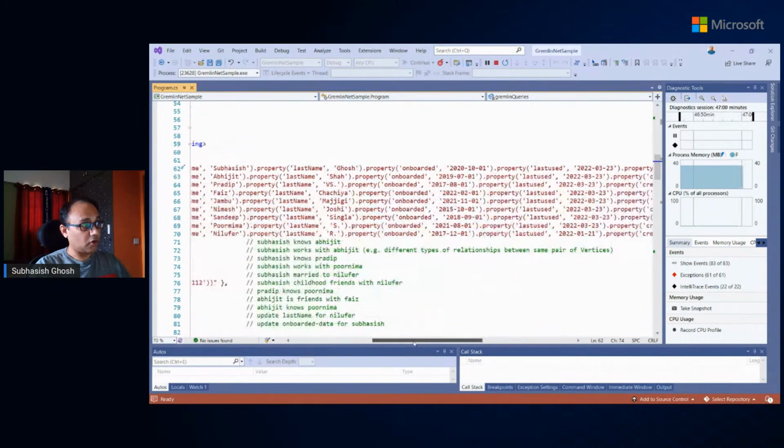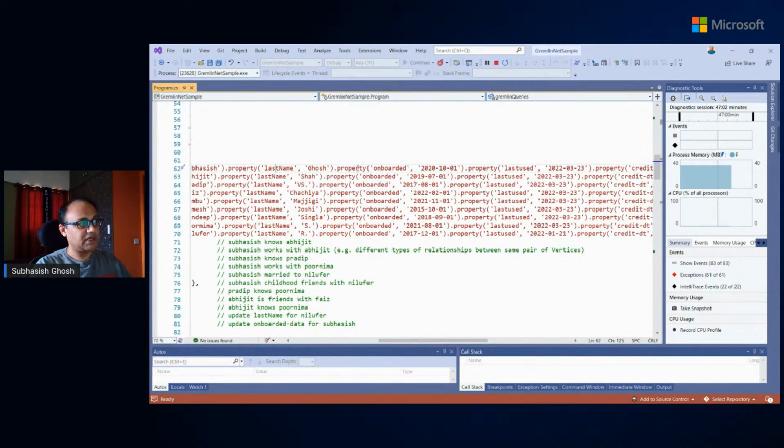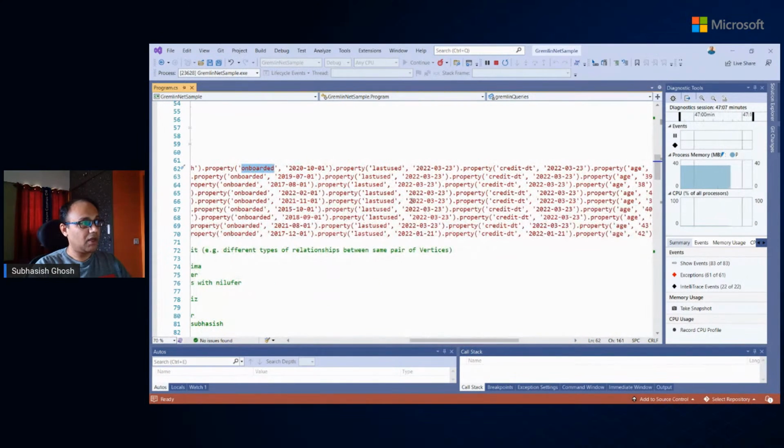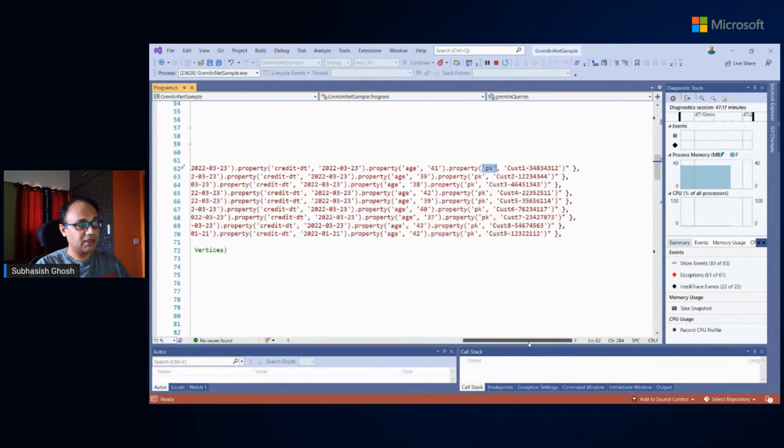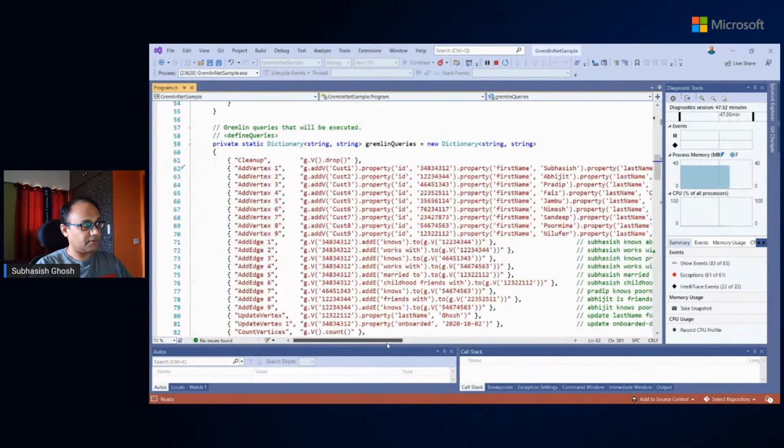For example, for this use case, we stored the first name and last name properties when this customer is onboarded onto this e-commerce platform, let's assume. When did they use their last credit card? What credit card was it? What was their age? Now, this is a very important point: the partition key choice, possibly the most important design decision for your Cosmos DB data model. Here I would like to touch upon one important thing. If you see this, the partition key choice is a combination of my label along with the ID.